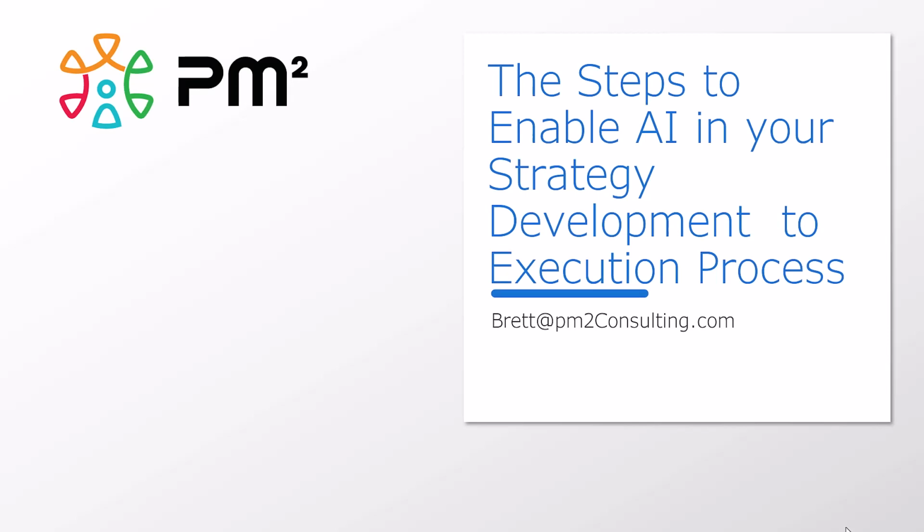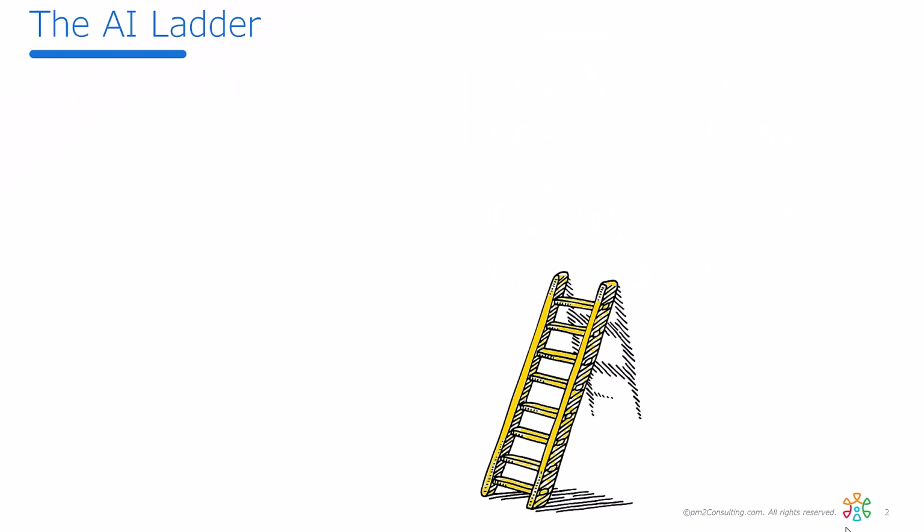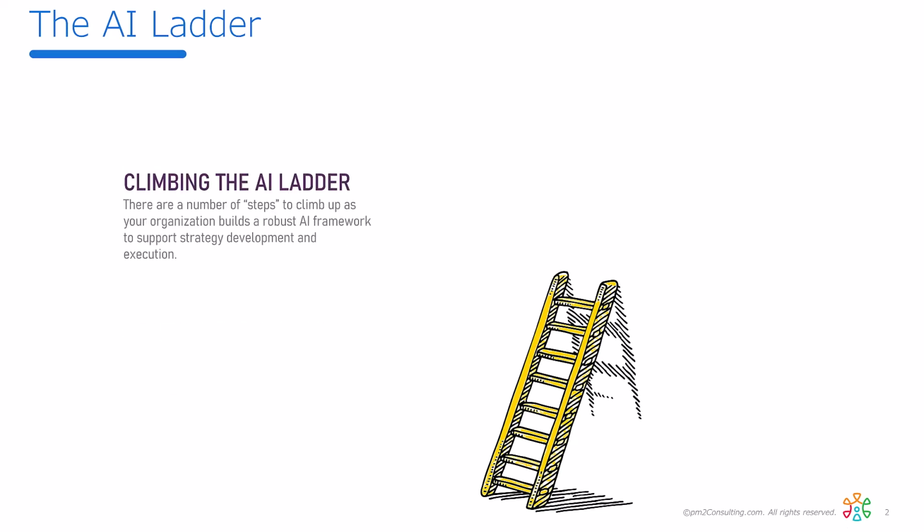So we keep on having questions about how it is we enable AI in that whole strategy development to execution process. And so I'm going to try a story on you that I tried on a client today and it seemed to work. Think of the metaphor of a ladder, and the ladder are the steps I need to take on that AI journey. Now, the issue is, each step makes it sound like this is a linear equation, but it's not. There's several things that you got to work on concurrently.